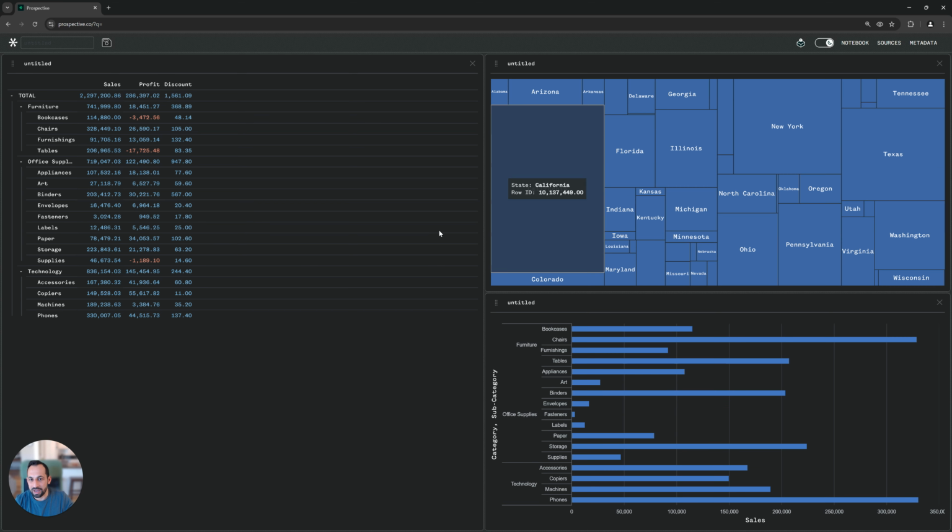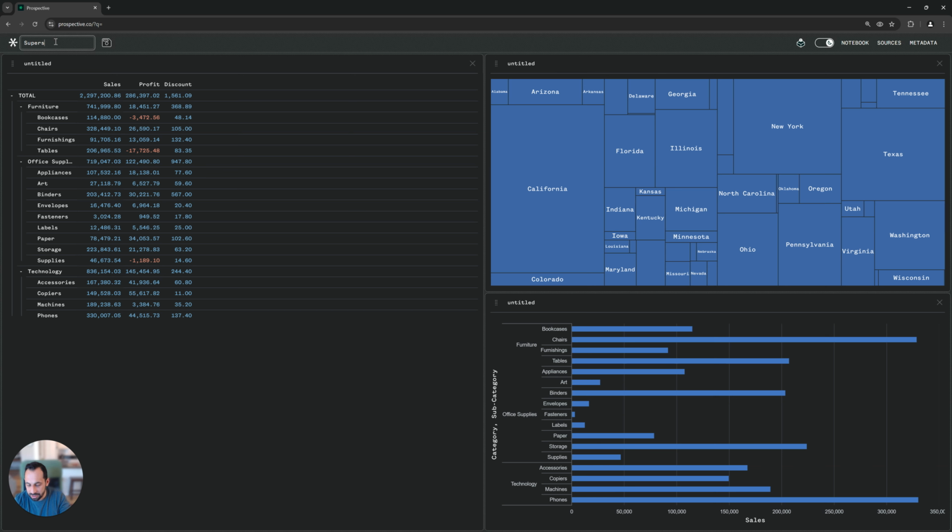And you can see now I have a fairly complex layout of 3 different charts, again using the same data source, but they could be different. One is in the data grid view, one is in the tree map view, and the other one in the X-bar view. It's important to know that at any point, again, I can save this layout,